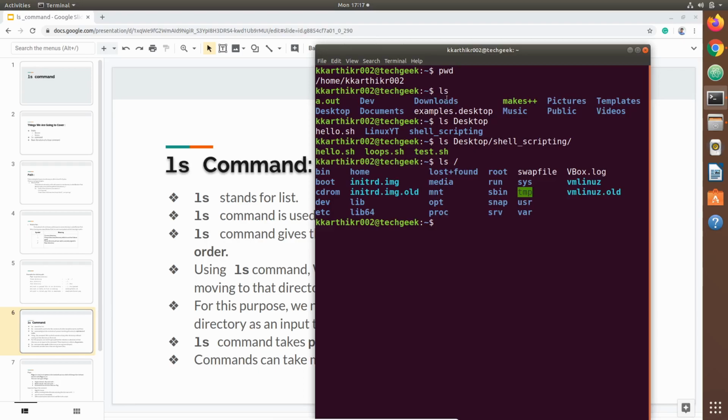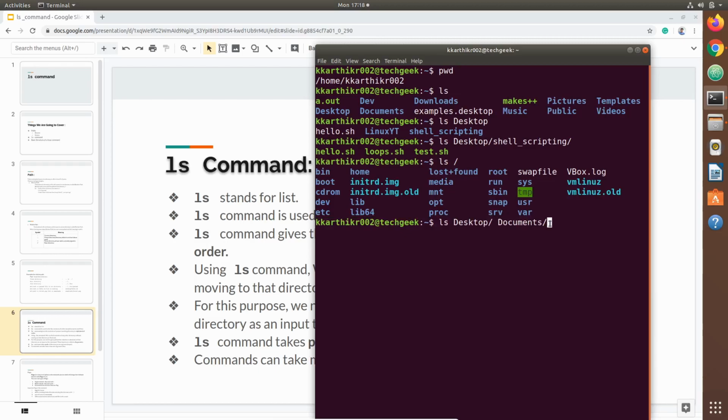Let's simultaneously check both the contents of Documents and Desktop. ls, path to Desktop, then path to Documents. See, I have separated those two arguments with a space.